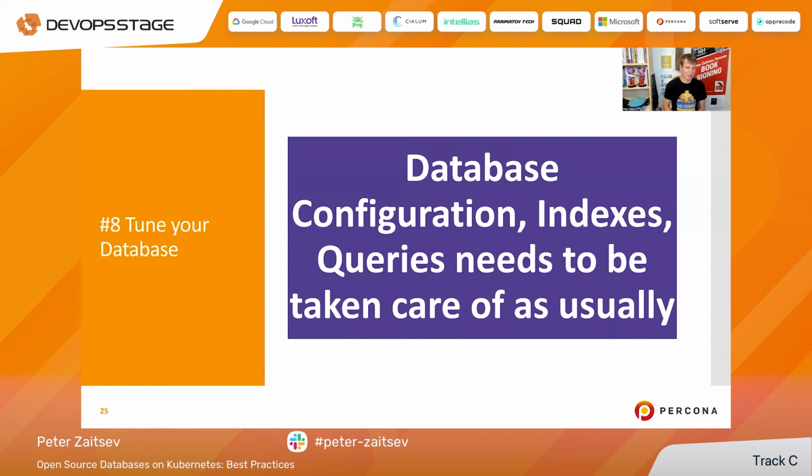Tune your database. Well, in this regard, there is no magic in Kubernetes. Kubernetes doesn't automatically tune your database. Well, an operator may or may not do certain additional tuning, compared to your bare bones deployment, but I would think as if it doesn't, and make sure I apply proper database configuration. Of course, set up proper indexes, make sure the queries are well optimized, same stuff you really do with databases